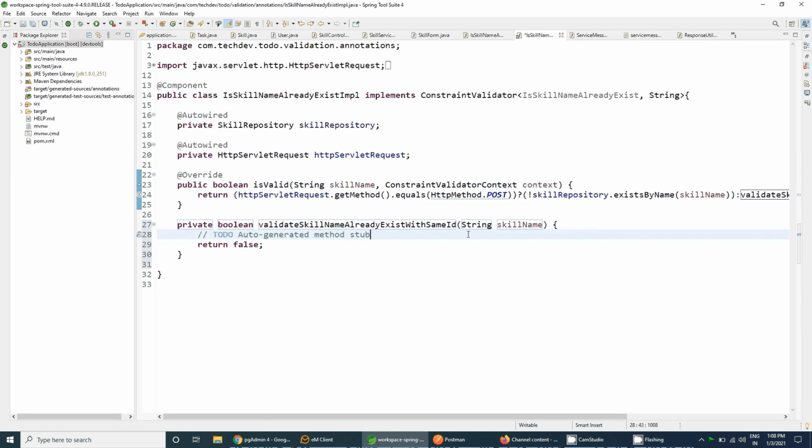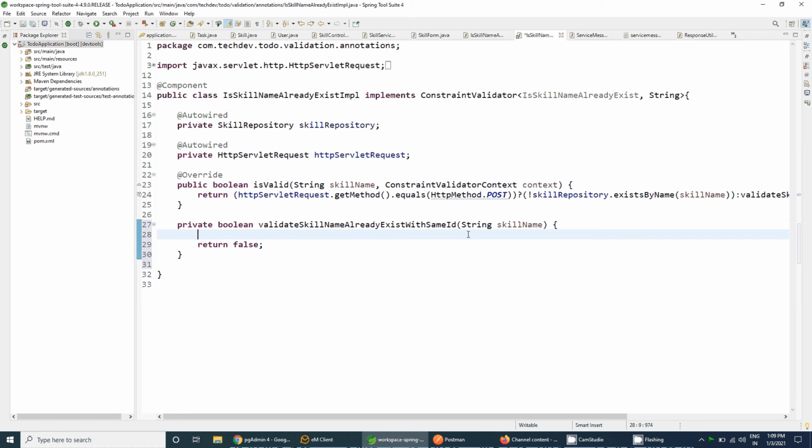We have the skill name, but we want the skill ID also, so that we can validate that the skill name provided by the user already exists with the same ID which we are getting in the path variable, then that will be valid. So let's take the skill ID, the path variable data, here.